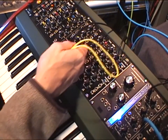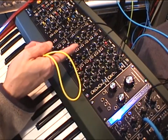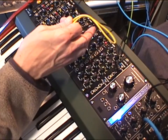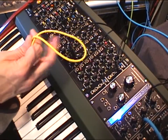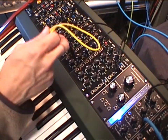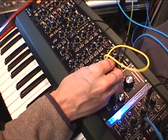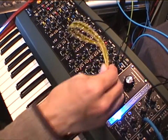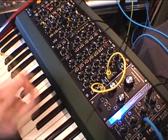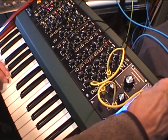The VCA in this module is capable of 3 signals, but I don't really like it all that much for its mixing capabilities. I've actually explored it quite a bit and didn't find it to my liking. So we're going into the voltage controlled amplifier from the ring out, and then from there we're going into the filter, and then out from the filter into channel 2 on the mixer. So if we just want to hear that,